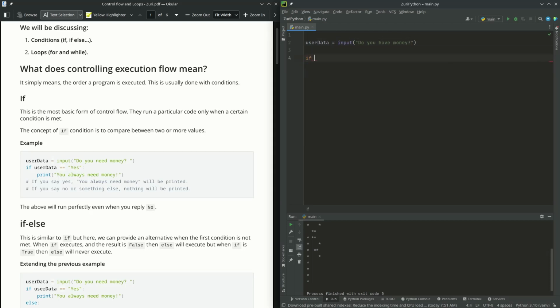Now, with an if statement, ask if it's yes, if user data equals yes, we print, can you give